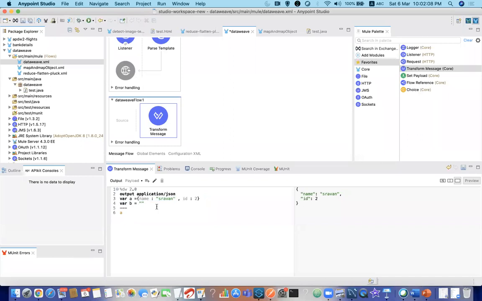The body is usually the transformation script that you want, and in the header part you can add functions and variables, like Shravan was saying. The very first line is just a language declaration, which is the %dw 2.0 version declaration. That is always static. After that, anything between that and the 3 dashes is your header.